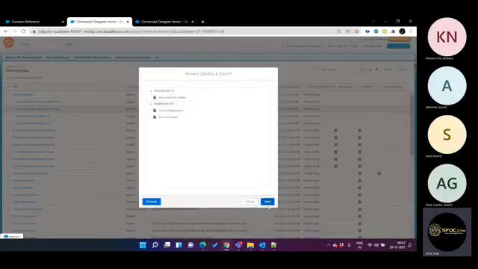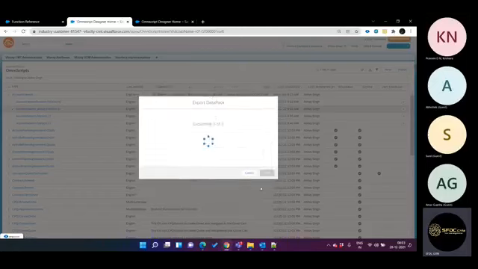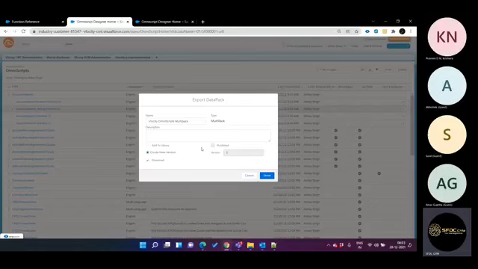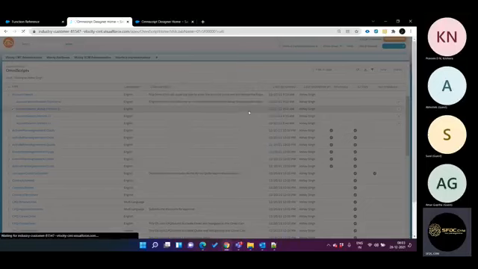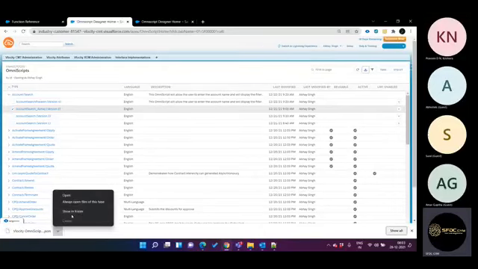Once you click next, it will again show you the things you want to install. Click next, and there you can say you want to install a new version, or change something, or add a description. You can do that, then click done, and it will give you the export. Okay, and if I open this exported file,